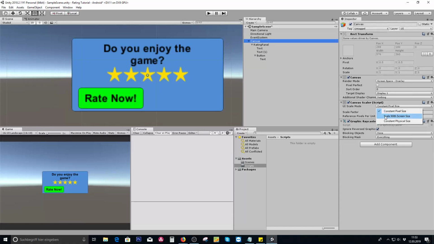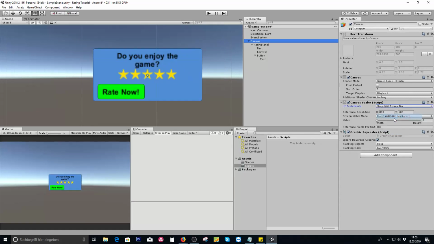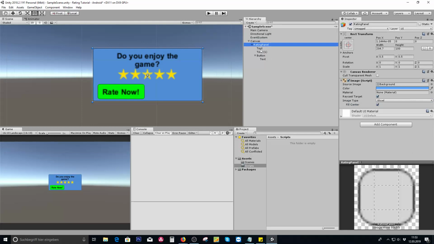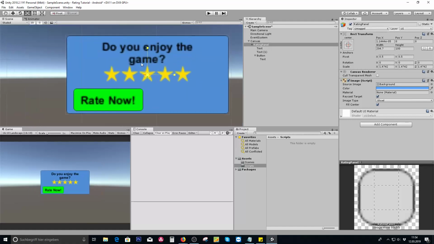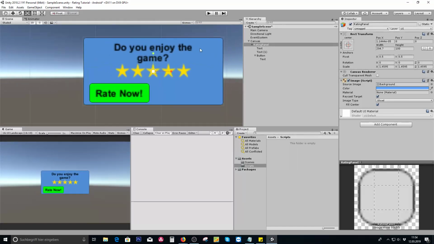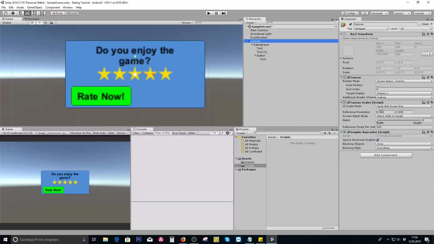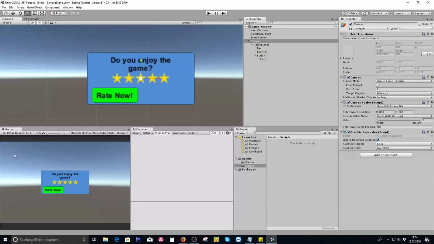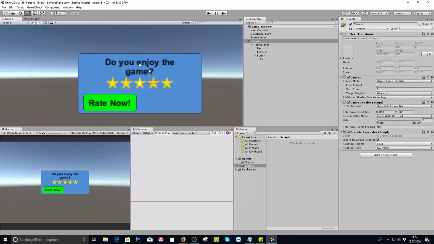That's one thing I just forgot: inside the canvas, we want to make sure that the canvas scaler is set to scale with screen size. Probably something is now going to look strange. As you can see, it resizes a bit, but that's not a problem at all. We can actually go in again and scale this up and down to whatever we please and like, no problem at all. So keep that in mind. Canvas scale with screen size is pretty important over here,